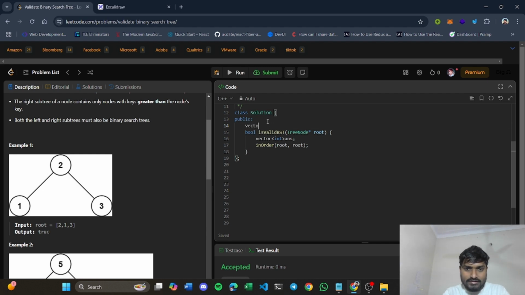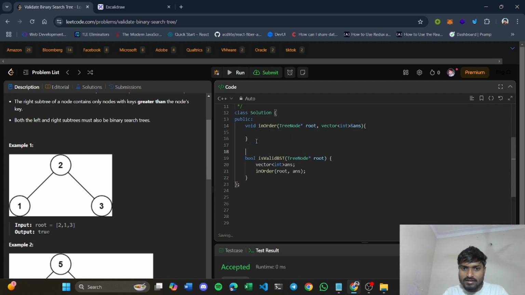We will use void here because we are not returning anything. We will have to pass the root and the answer vector here. You will have to pass it by ampersand because we are actually changing the value inside the answer, right?